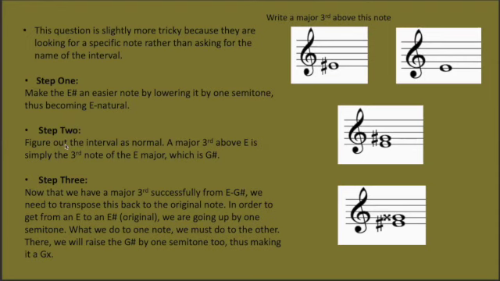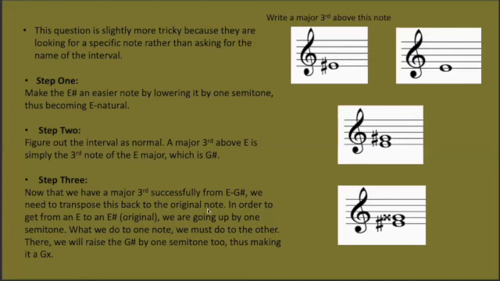Step 2, figure out the interval as normal. So figure out a major third above the new note here, which is the E. A major third above E is simply the third note of the E major scale, which is a G sharp here. Now, step 3. Now that we have a major third successfully from E to G sharp, we need to